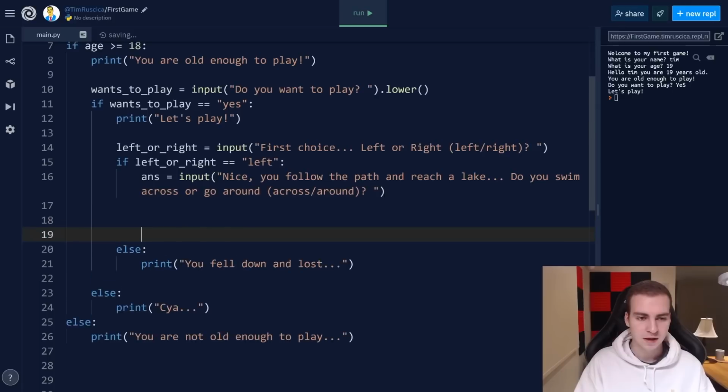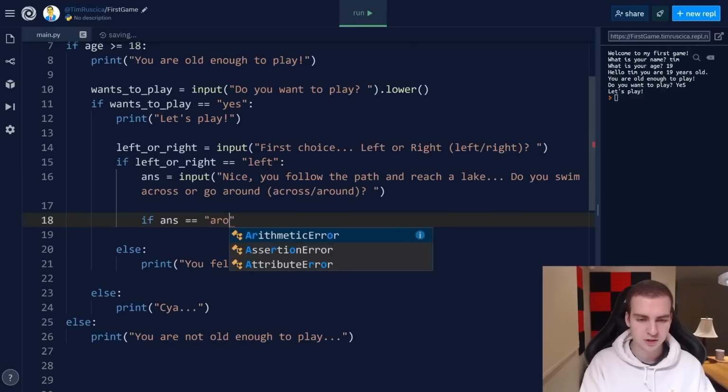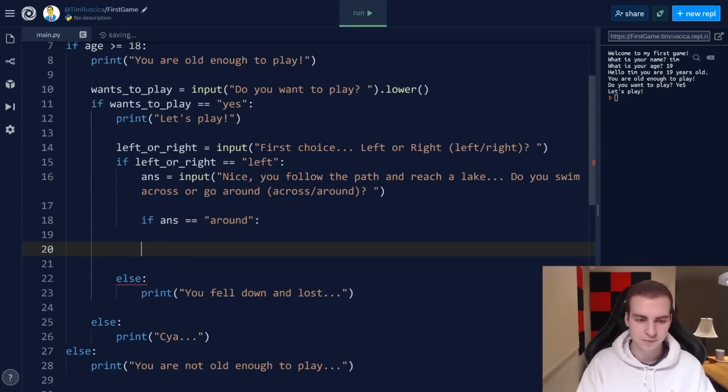Oh, that's better, okay. And now inside of here, I'm going to check what their answer was, right? So I'm going to say if ANS is equal to, and maybe we'll say that going across was the correct answer. Actually, let's say going around was the correct answer. So if ANS equals around, then we'll do something. And then we'll say elif, so I'm actually going to switch it up here just to show you something else. Elif, elif ANS equals